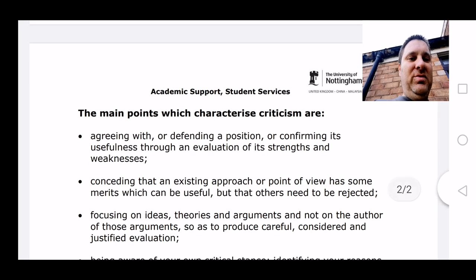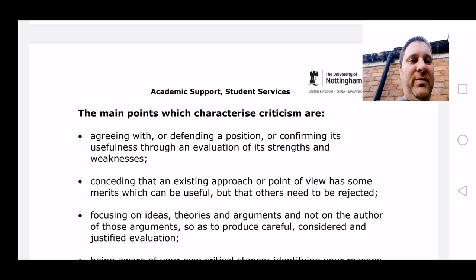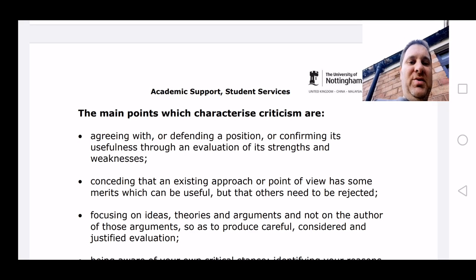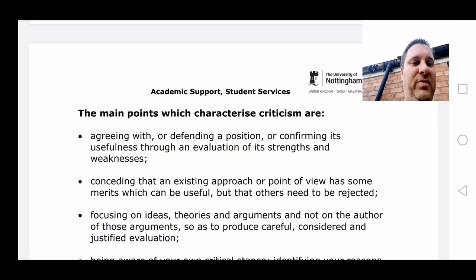The main points which characterise criticism are agreeing with or defending a position or confirming its usefulness through an evaluation of its strengths and weaknesses, conceding that an existing approach or point of view has some merits which can be useful but others need to be rejected,